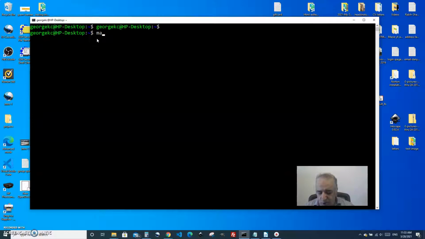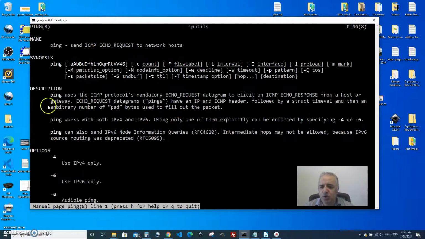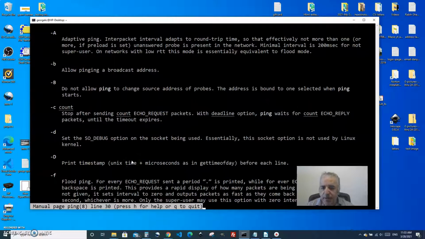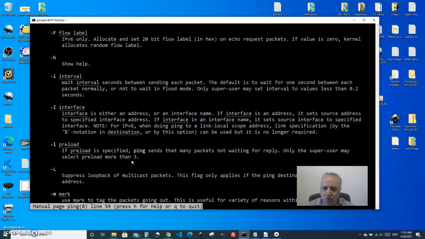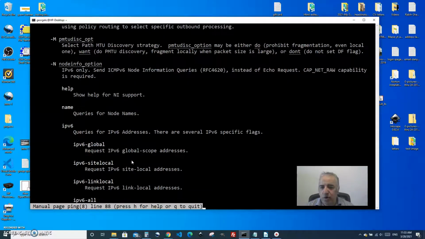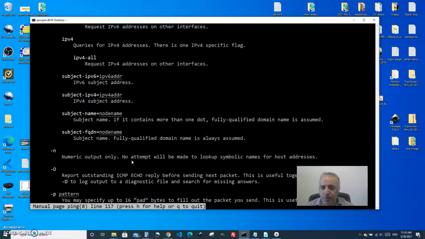You can use this command to find out more about the ping command, more details. So man ping, and it's gonna give you so many options and details about the ping command. So nobody can remember every one of them. This is why you have the man, to get some help, you know, to inquire more about the options and